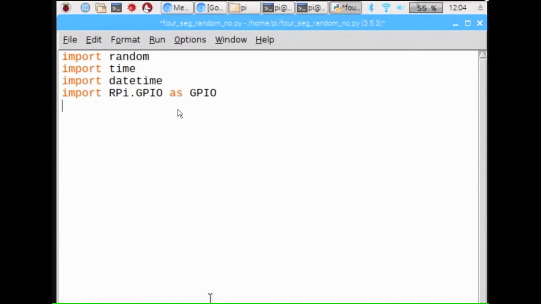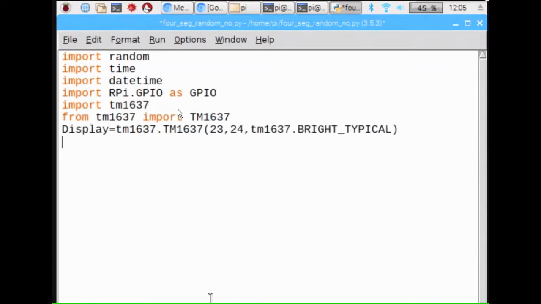So we are going to pass instructions through this general purpose input output. We use a TM1637 which is downloaded right now. From TM1637 we are importing the class, that is TM1637.